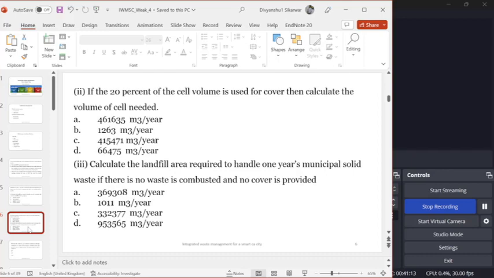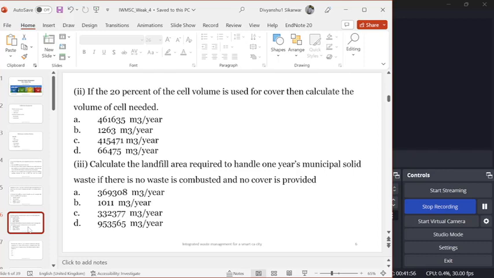In this case, the question is saying that the one cell which we are using for filling the waste in the landfill. So if we include the volume of the cover also, then what will be the volume of the whole cell, including waste as well as the cell cover. So if 20% of the total volume is the cover,